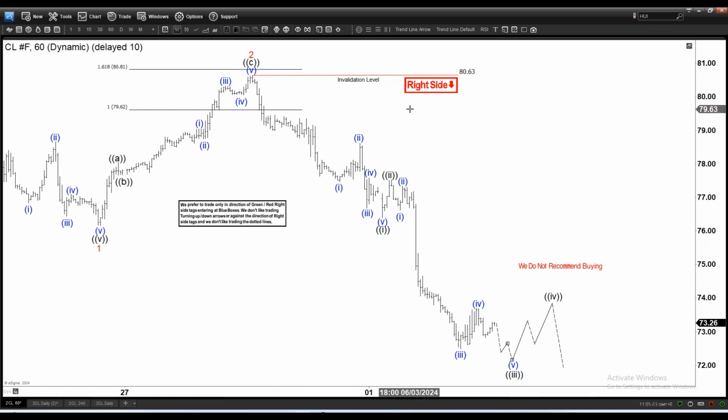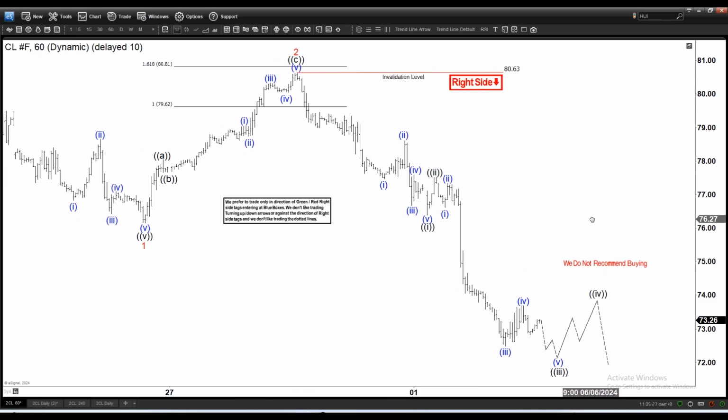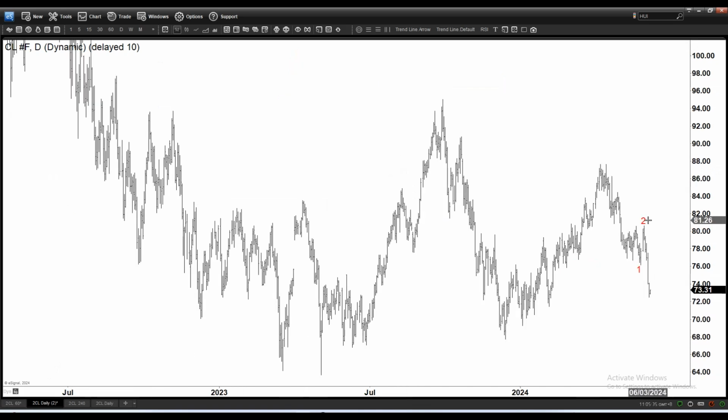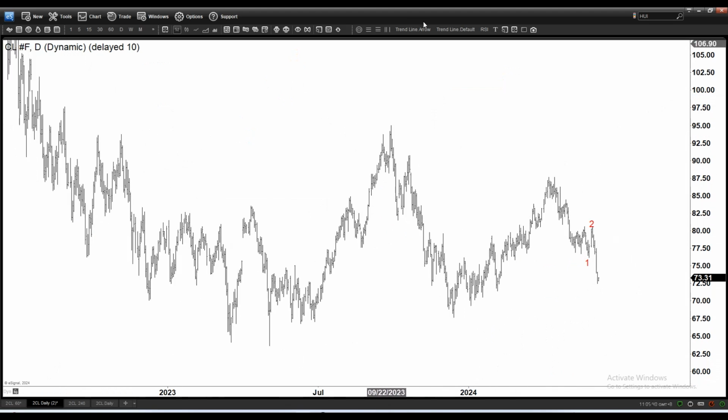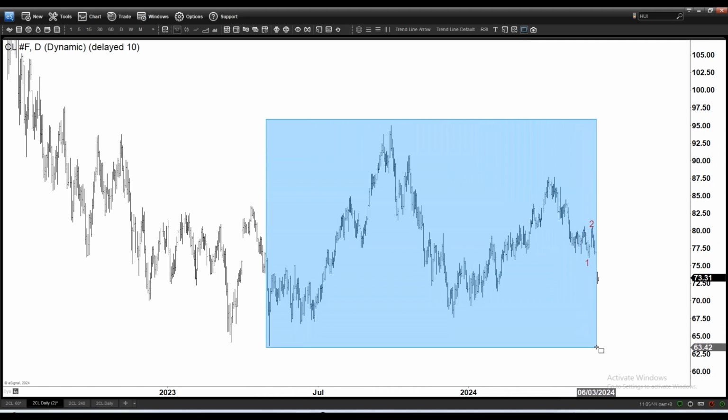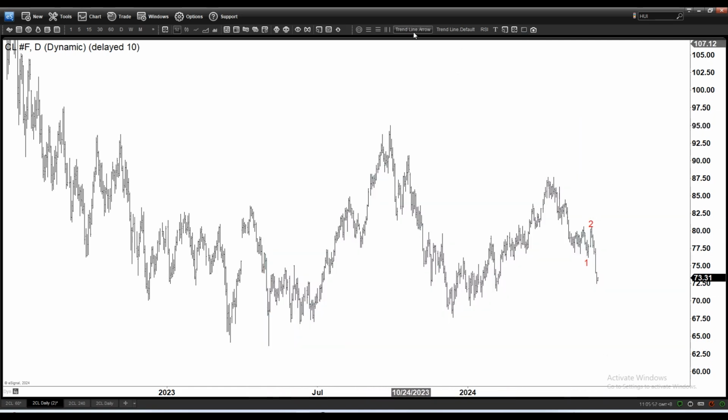since we are calling for the downside and the sequence or the structure still remains incomplete on the downside. Now as to what we can potentially expect in the medium term, if I go up into the daily time frame, I'm going to copy this 1 and 2 into the daily time frame, which is this 1 and 2 here. Now if you look at the daily, it's still kind of sideways overall since this low here, right? Since May last year we've been kind of sideways,